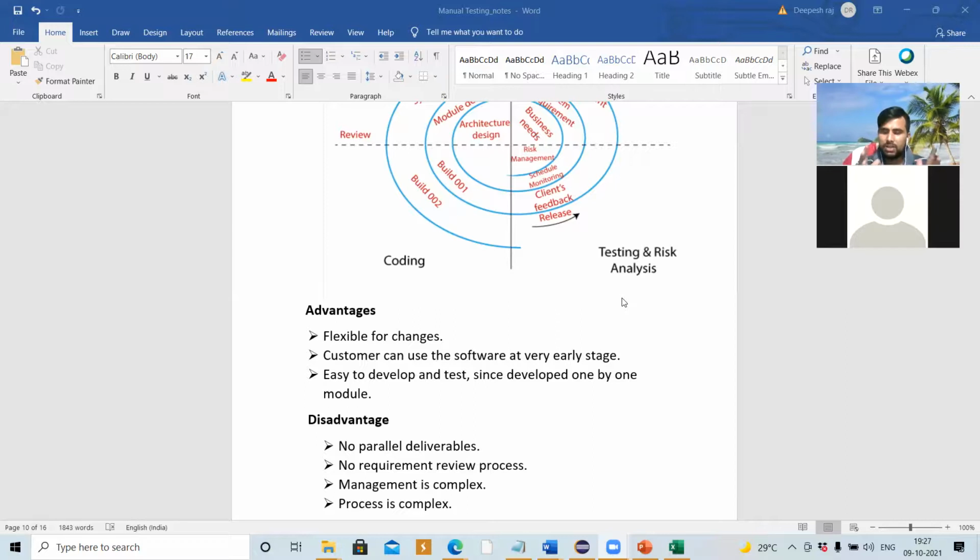He started using it, but he's not understanding the application. In the end, he might tell you that I am not happy with the application, it's not based on my requirement. It is possible the customer will tell you, because he's paying you, he can tell. That's why they started with another type of model that we call the prototype model. We are going to see that next on Monday.